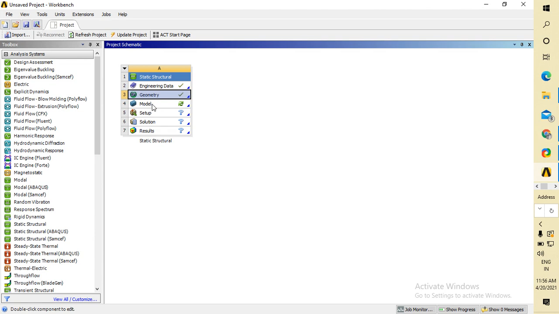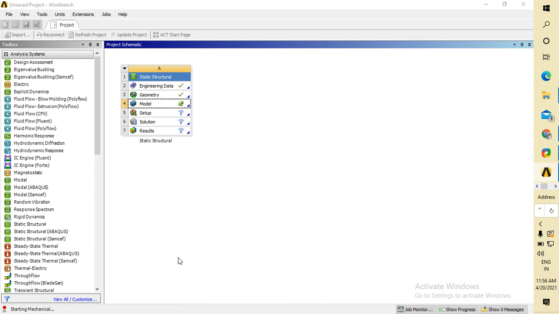So click on model to model your structure. It will take some time and it will show a red sign, which means it is working on starting Mechanical.